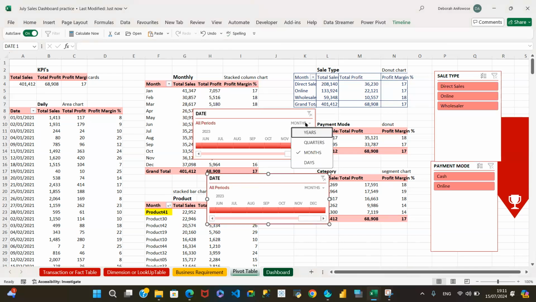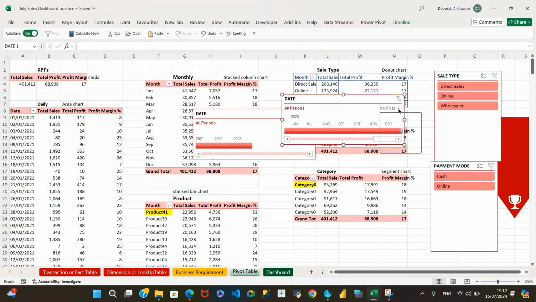So if we come here, and I'm just going to click on year for the one that's going to be year, can you see now we have that in year? And for this one, let me see what we have. We actually have that as month. Okay, so